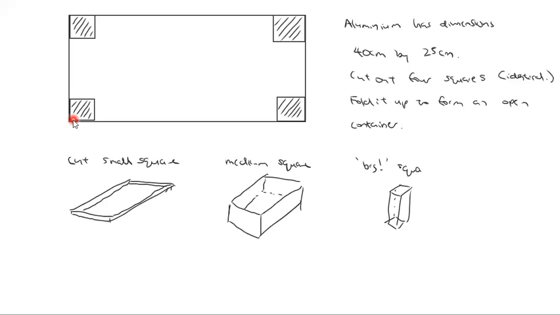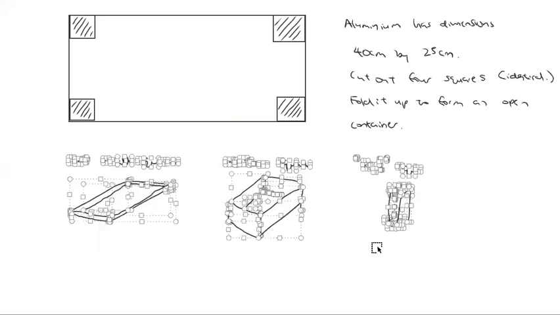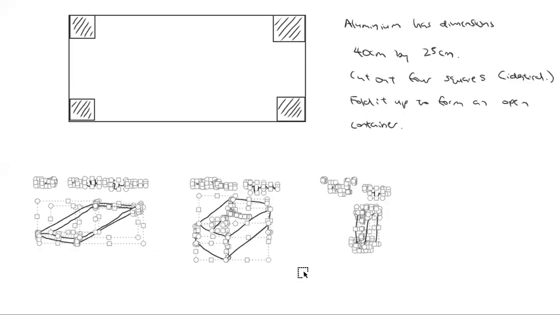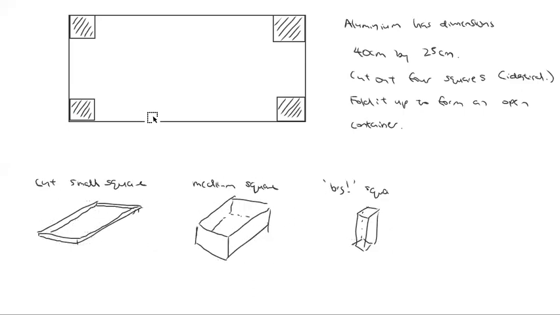Now, would these have the same volume as each other? Would number 1 and number 2 and number 3 have the same volume as each other? No, right? So because they don't have the same volume, we might want to go, you know what? I've only got this amount of aluminium, but I want to make a container that can hold as much as I can make with this sort of idea. Does that make sense? So we basically want to find